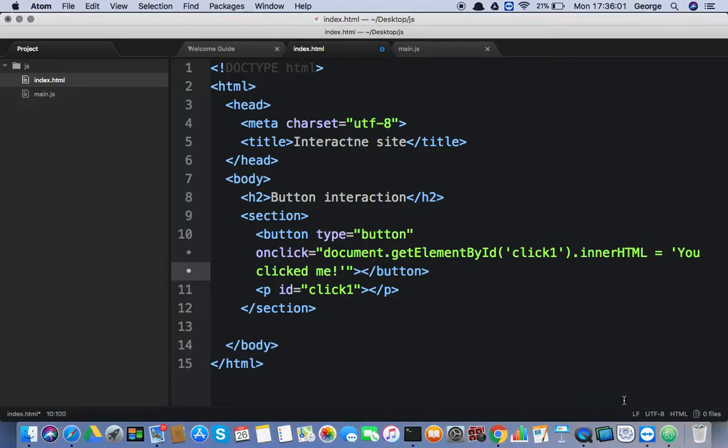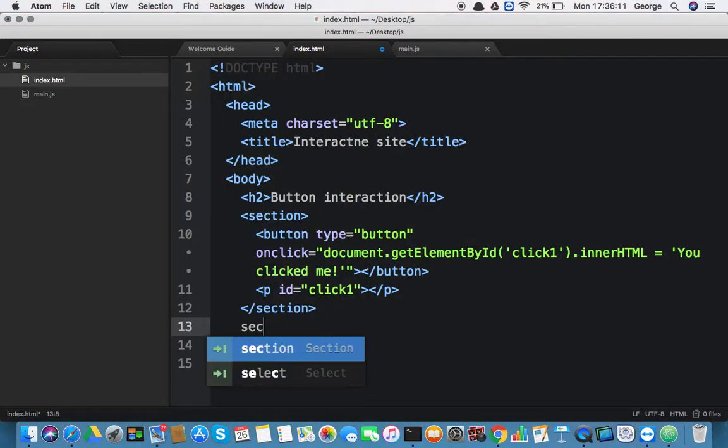Now again, this is the HTML syntax, but in case you want the JavaScript syntax, that's interesting but complicated